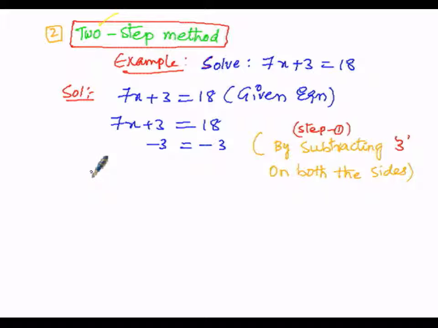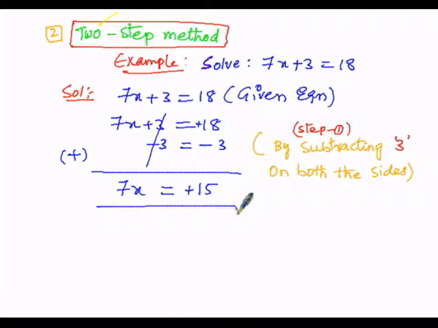Now by adding up these two equations, plus 3 is positive and the other 3 is negative. In order to simplify these like terms, plus into minus is minus, so 3 minus 3 is 0. So plus 3 minus 3 gets cancelled, and only 7x with positive sign will remain on LHS. On RHS, 18 is positive and 3 is negative, so we subtract: 18 minus 3 is 15. 18 is greater than 3, and its sign is positive, so the assessed sign is positive.